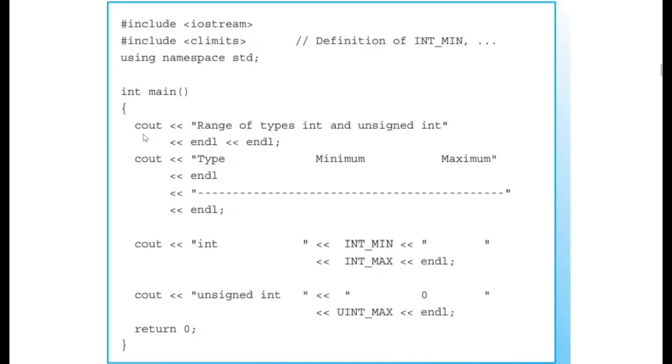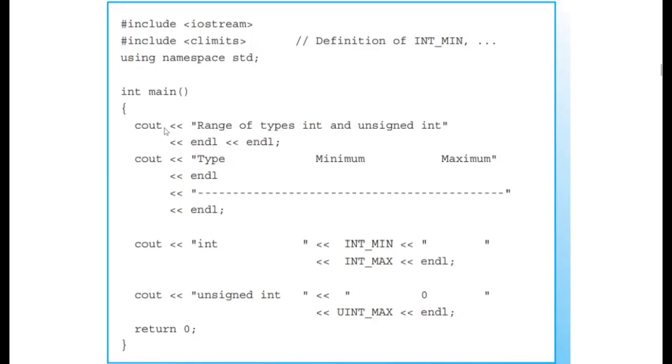We start with cout, and then the separator here. Now these two arrows to the left are called the insertion operator. It does separate, for example, a string and then two line breaks. But primarily what it does is send information to cout.